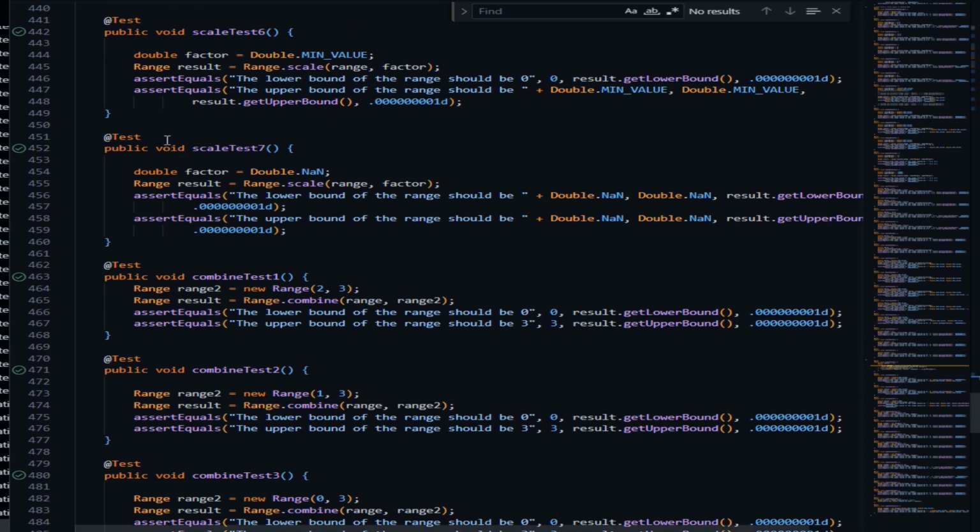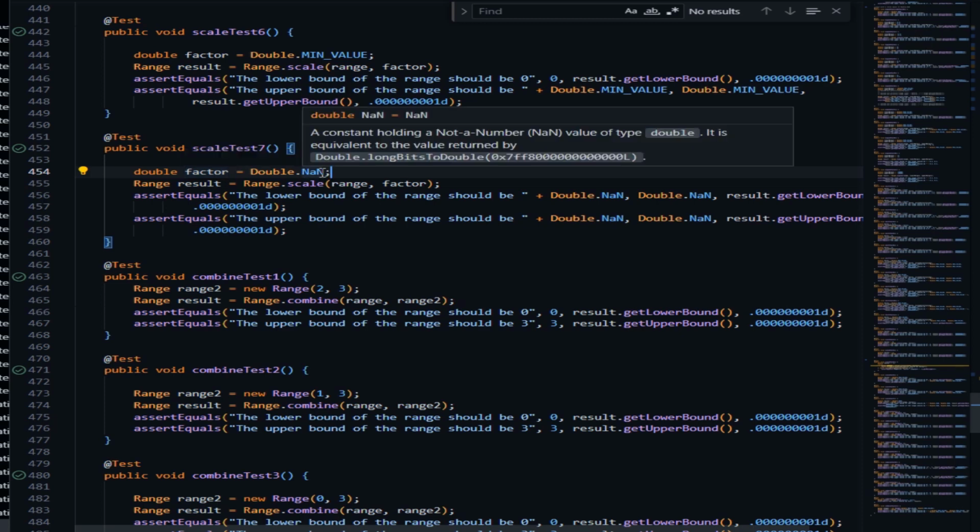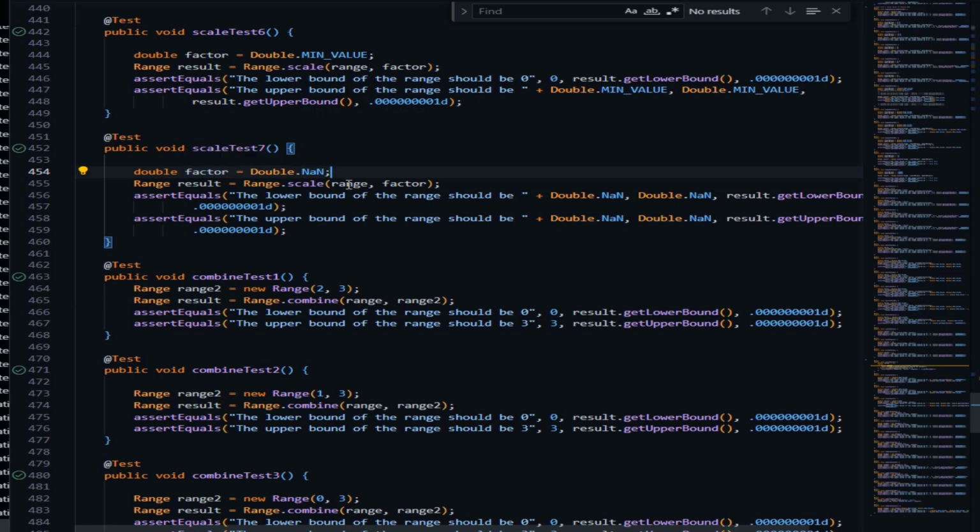Okay, I'm now going to cover scale test number 7, again testing the range method scale, which takes a range object and a factor. In this case, we're going to try to test sort of an edge case, or a bit of a peculiar case here. We know the factor should be positive, non-negative. We're actually going to try to utilize a Double.NaN, not a number, an undefined parameter, if you will. And initially we expected this to fail, but the range.scale method actually handles this and results in a range of NaN,